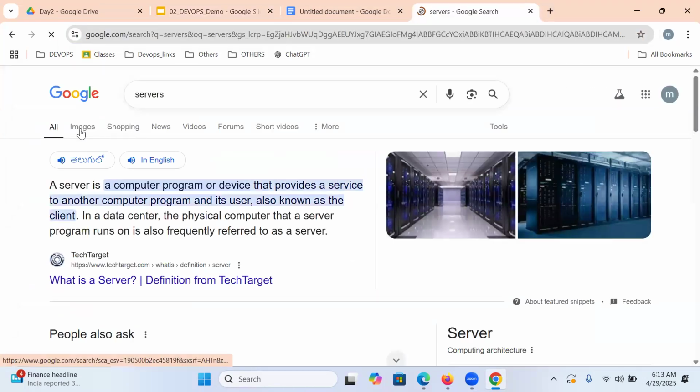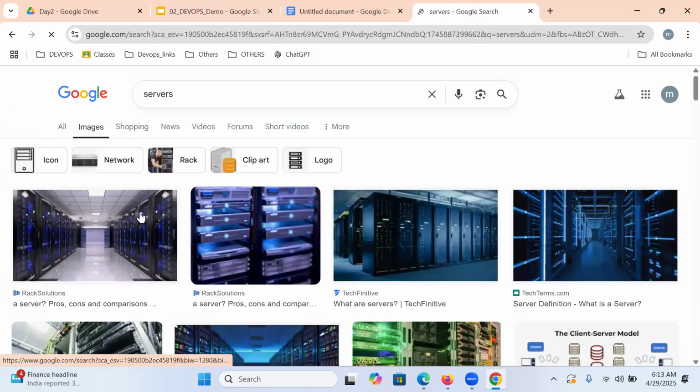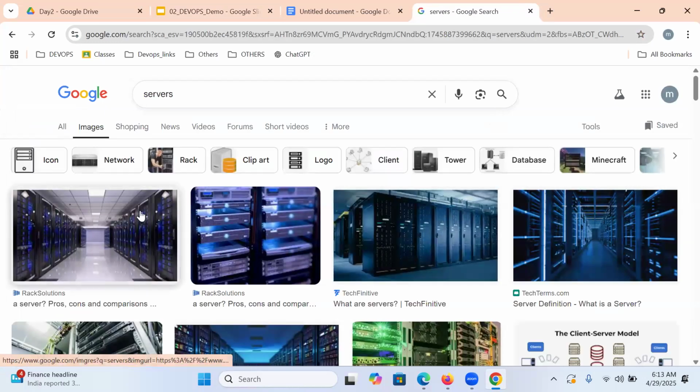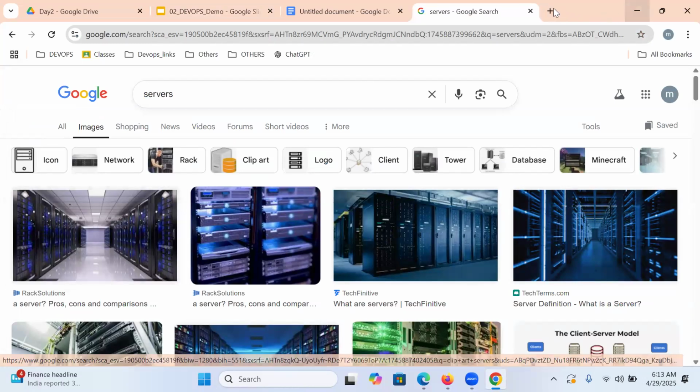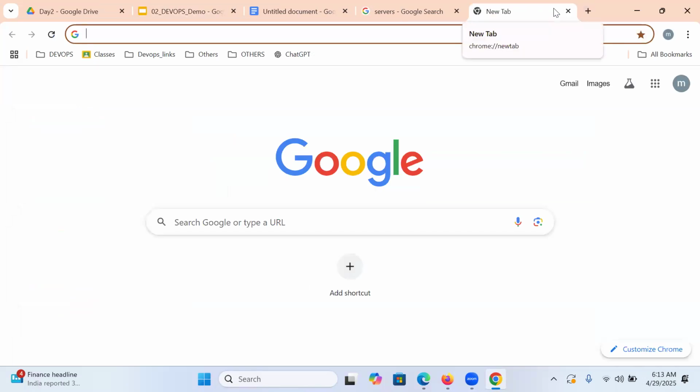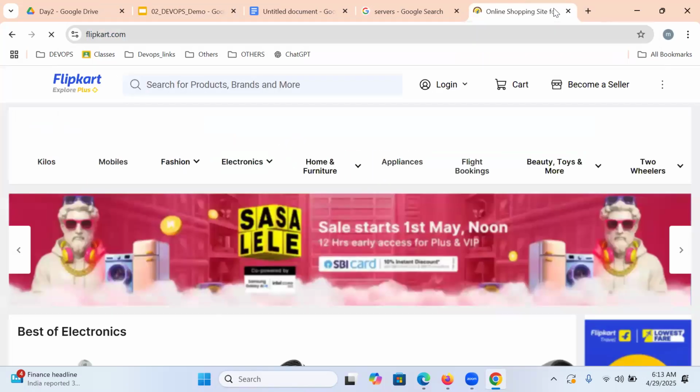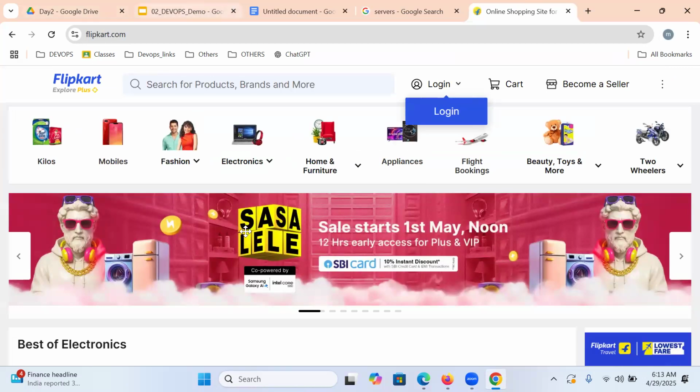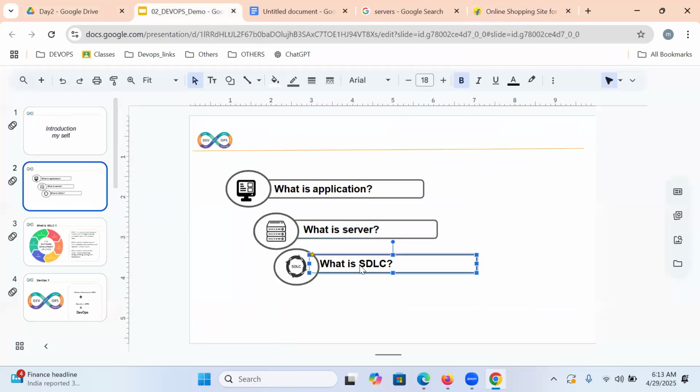Once it is placed on the server side, we can access it over the internet as a website, like Flipkart or Amazon, Book My Show.